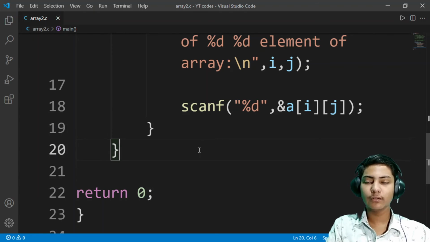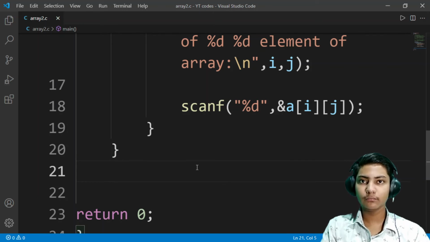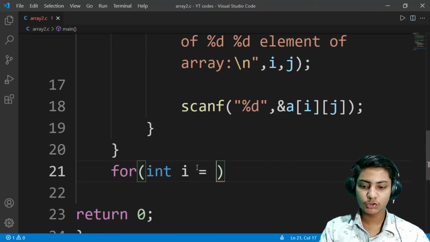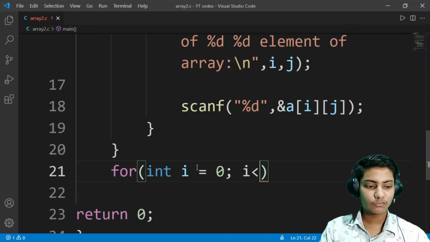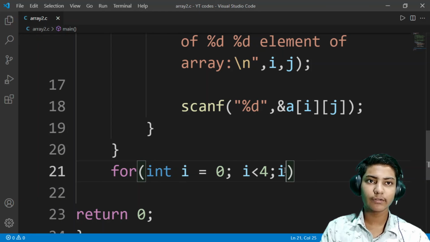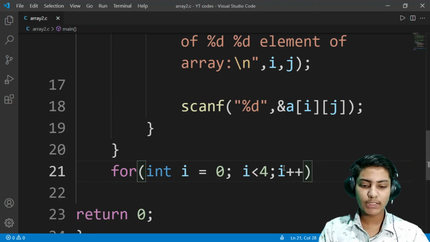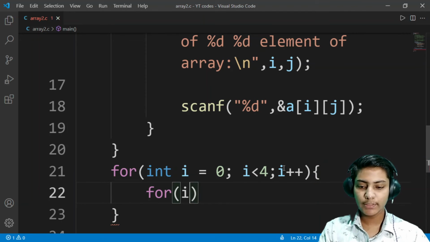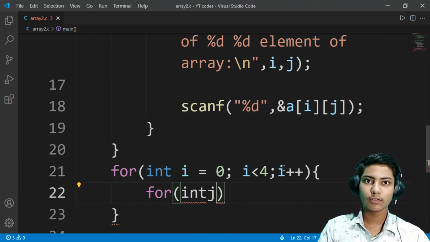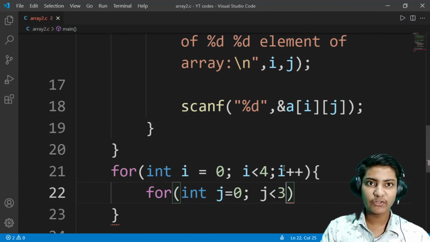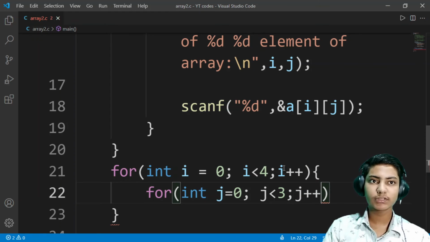So the other loop here, let me do it here. Yeah, for int i equals 0 and i is less than 4 and i plus plus. Inside the loop, another loop for int j equals 0 and j is less than 3 and j plus plus.